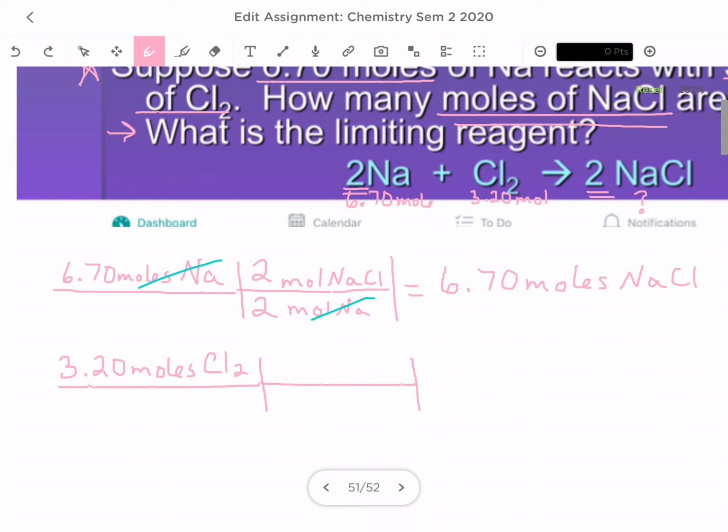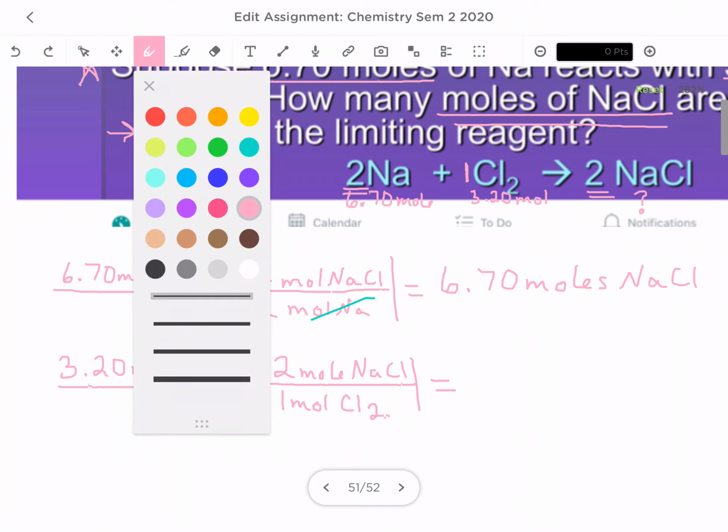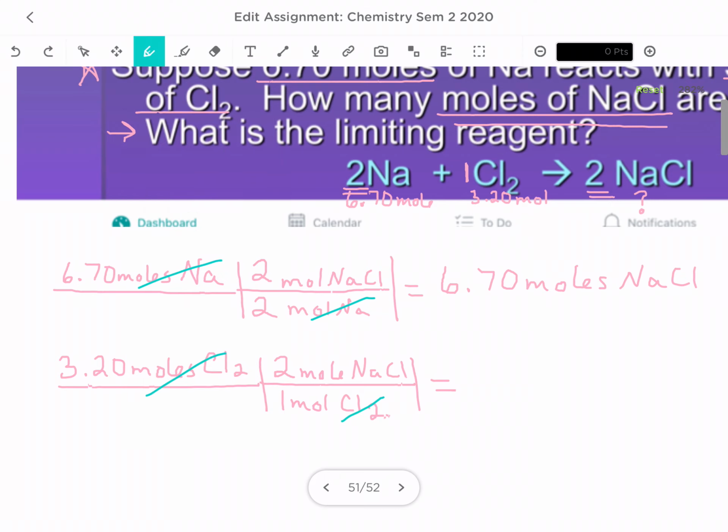So we look at our balanced chemical equation, and we say, okay, 1 mole of Cl2 for every 2 moles of NaCl. The units that cancel out are here and here. So let's do some math. 3.2 times 2 is 6.40